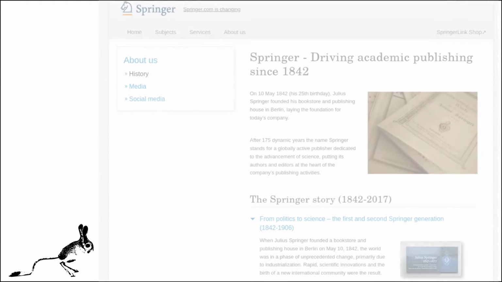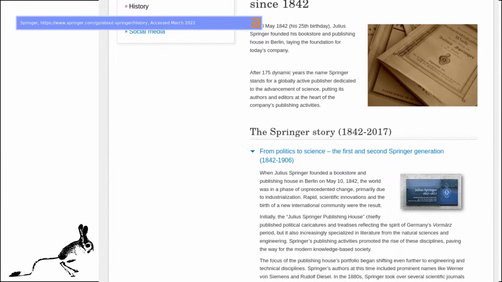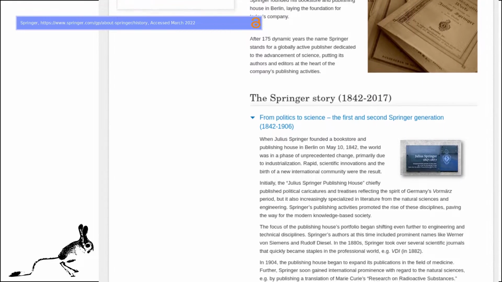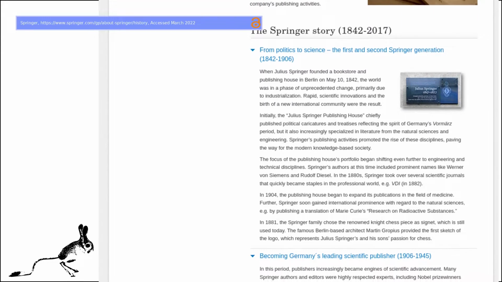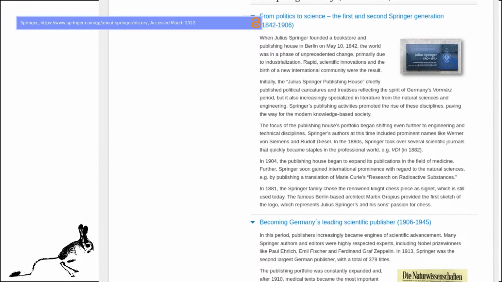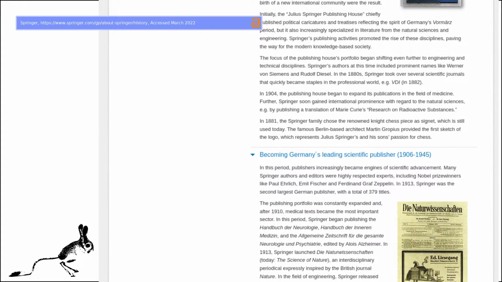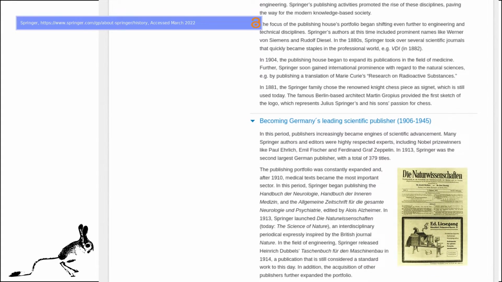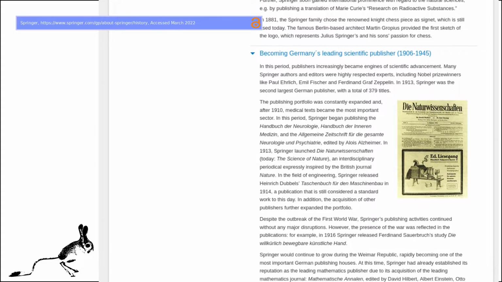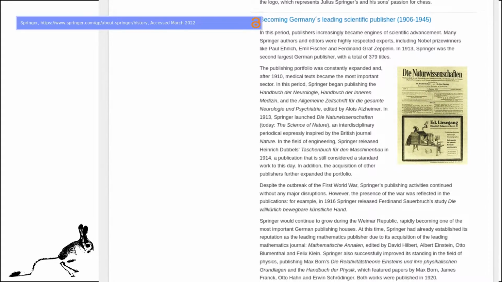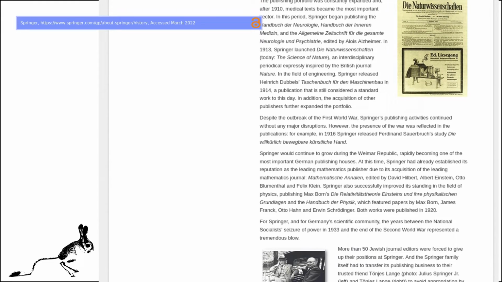One example is the small bookstore and publishing house Julius Springer Publishing House, began in 1842 in Berlin. The company quickly expanded into technical and scientific publications, having already purchased some scientific journals in the 1880s, and expanding greatly into German medical journals in the early 1900s. The 1970s, 80s and 90s marked rapid expansion from Germany across the world for Springer.